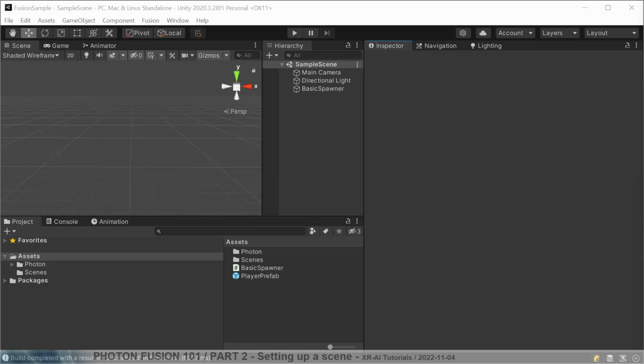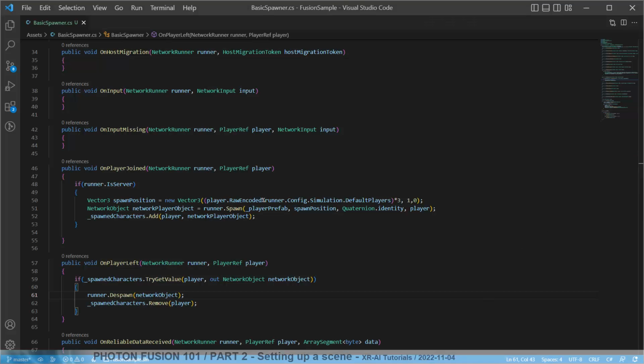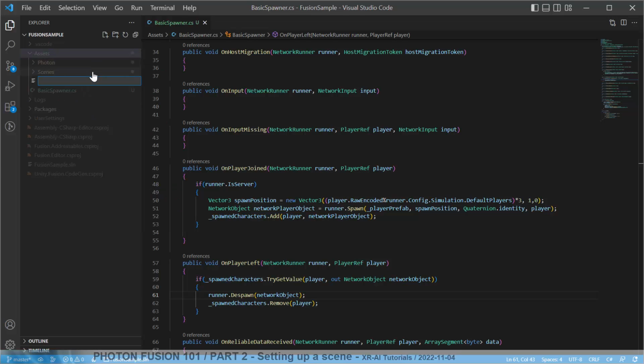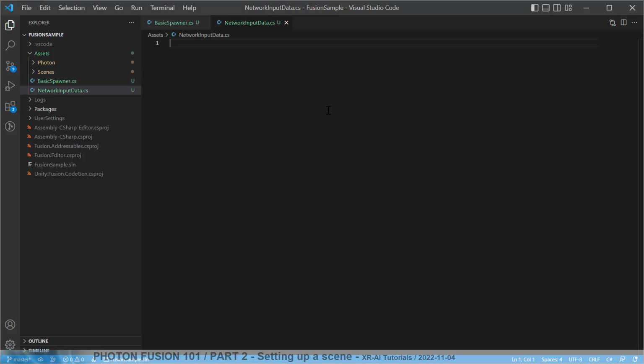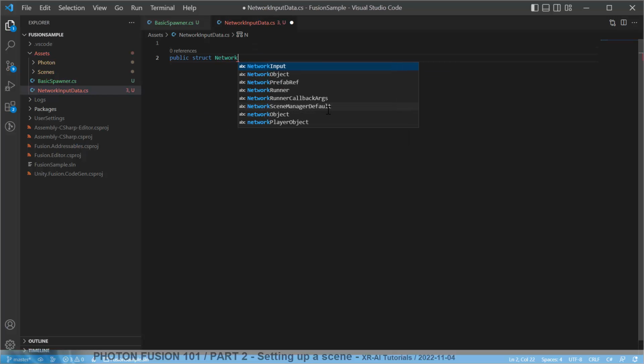All right, our cubes spawn nicely across the network. Now, the last thing to do in this 102 section of the tutorial is to get these things to move. So we will be creating input collection and applying these inputs as movements to the avatars. First of all, we need to create a structure which then will be used to collect the input. So we need a new script, which we will add here, called NetworkInputData.cs, and we will be creating a public struct called NetworkInputData,